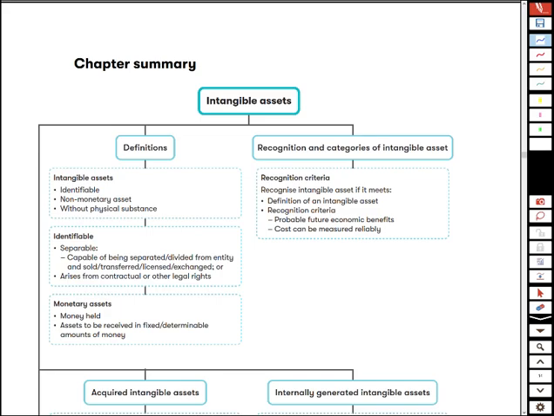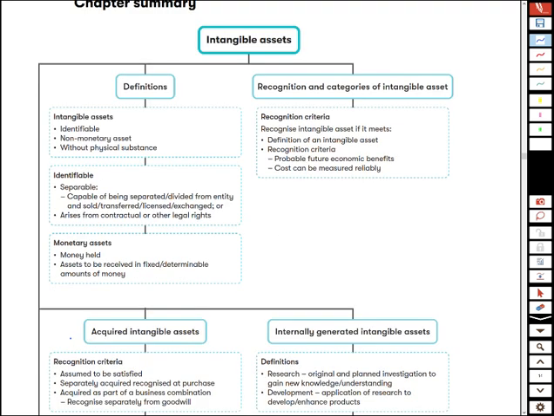So remember we started off looking at those definitions and the recognition aspects, and we said those are probably some of the most examinable bits that you're going to get. Your true understanding of, do you have an intangible? How do you decide you have an intangible? And at what point do you recognise it in the statement of financial position? Okay, so we looked at all the definitions, and those are probably the key, the most important bits that you've got from the highly examinable nature of this part of the syllabus.